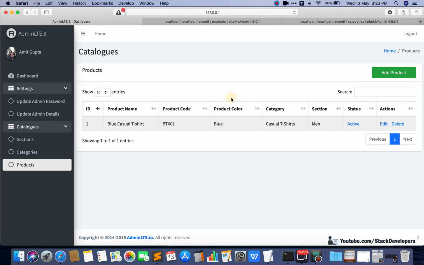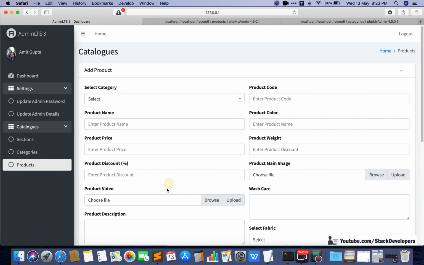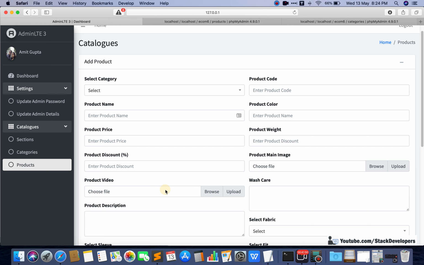We will continue working on this add product form, and in the next video we are going to add the images. We are going to add one main image, and we will also add video as well. And the product image, we are going to divide into three parts, like small, medium and large, with the help of the Intervention package. So that thing also we are going to do in the next video.